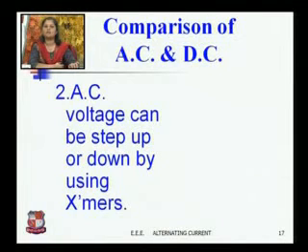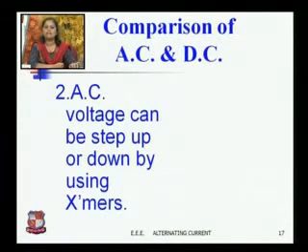As we know, our generated voltage is 11 kV, which is generated by a power plant. So the generator output is 11 kV, but we use AC supply for domestic purposes. And for domestic purposes, the value of the AC supply is 220 volt or 230 volt. So from 11 kV to 220 or 230, we can step down by a step-down transformer. In the same way, you can change the voltage level higher than 11 kV using a step-up transformer.